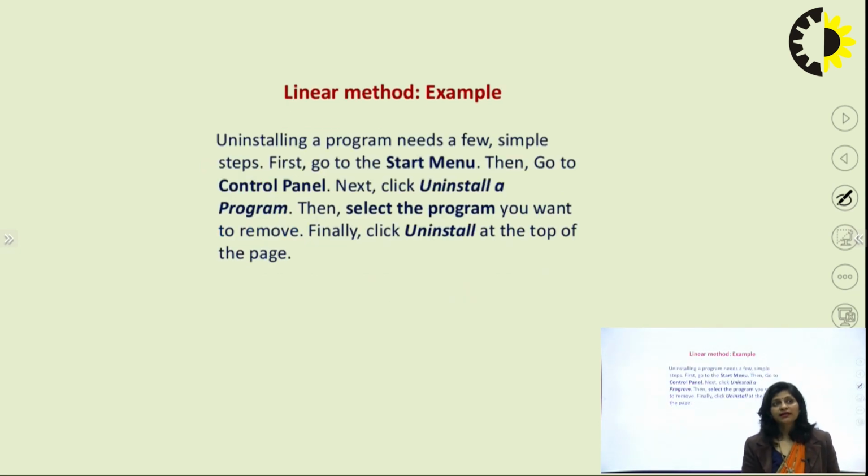Now come to the next method. This is called the linear method. You need to understand where we use the linear method. The linear method is also called one dimensional because in this method one sentence leads to the next one, and this is the logical progression of thoughts. We use it when we want to write how to operate a machine in manuals, or lab manuals. So you cannot skip any step. If you skip any step, then obviously the user would never be able to